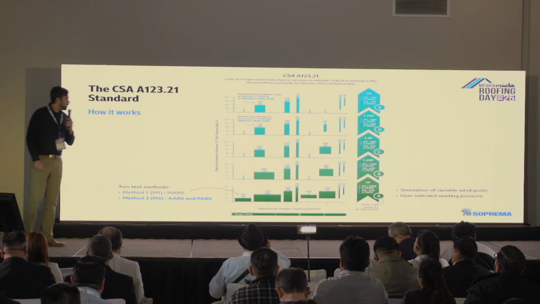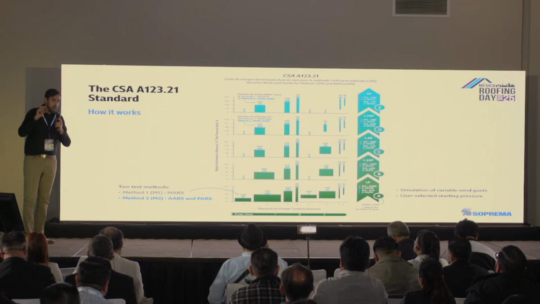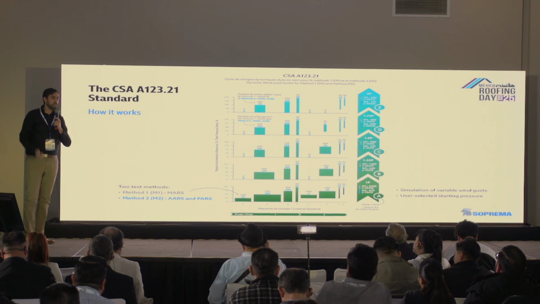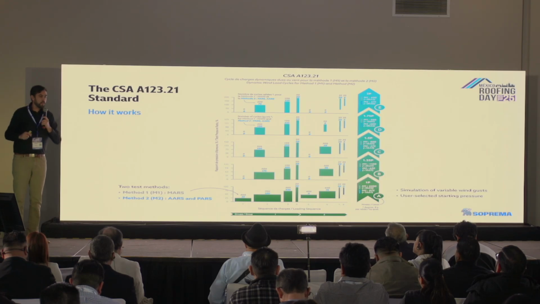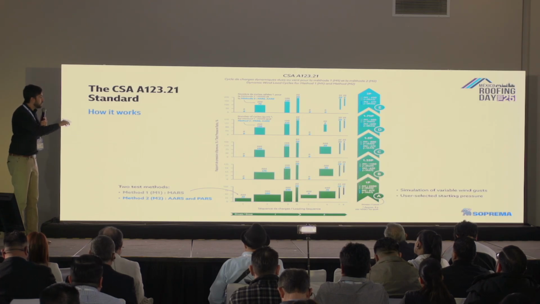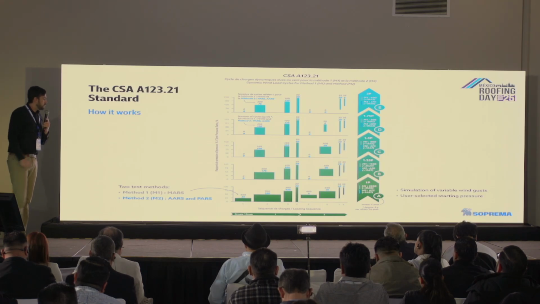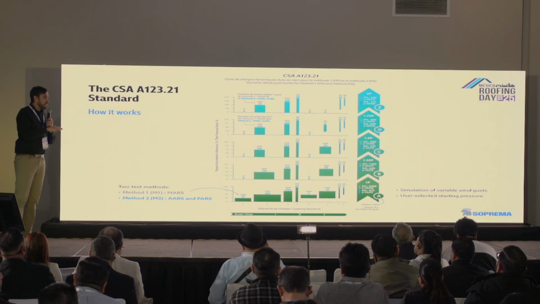When I'm talking about dynamic, it's compared to FM, where the gust is 60 seconds, or a minute long. In the Canadian standard, it's 8 seconds only. But there are many more gusts on the roof assembly. And there are 5 levels. I won't go into that much detail about why, but I want you to remember the CSA approach is